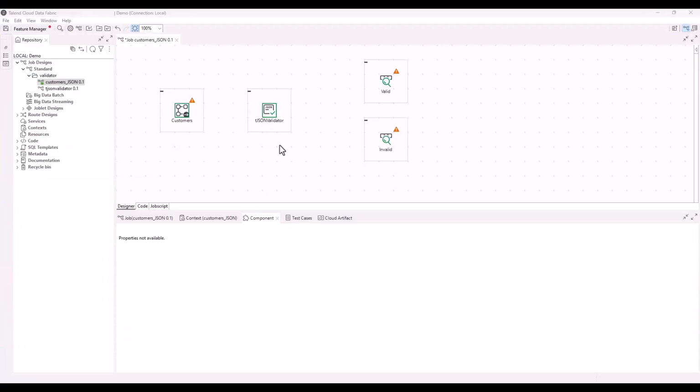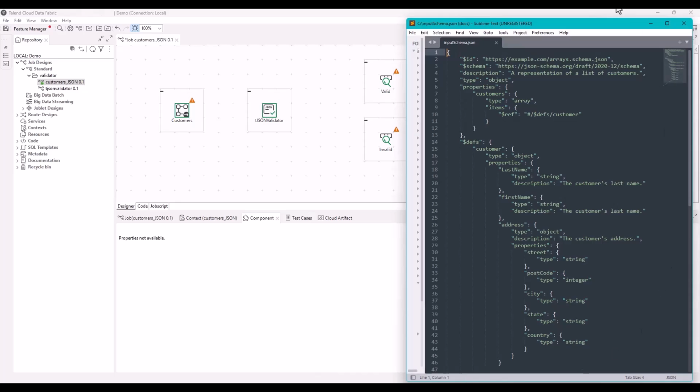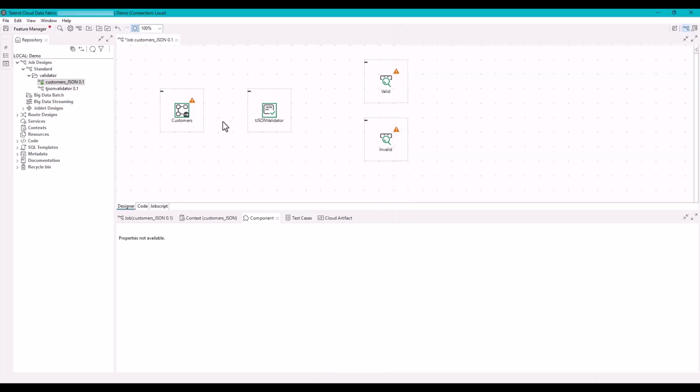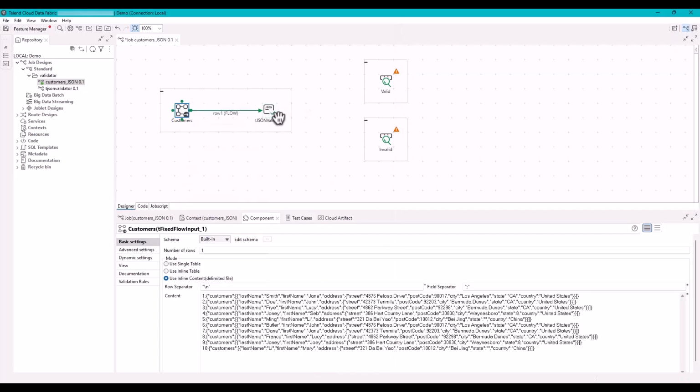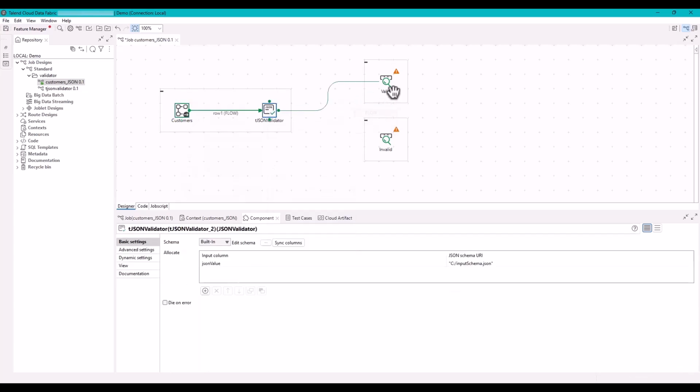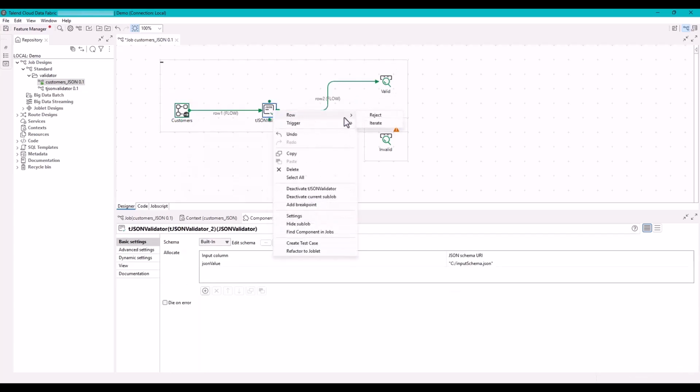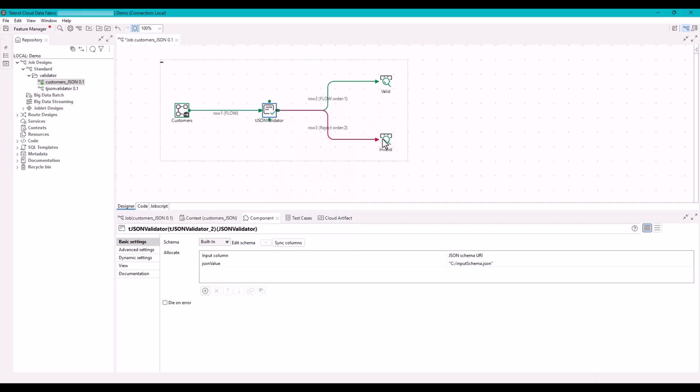The tJSONValidator component is now available in the standard framework. It validates JSON columns against a JSON schema. In this use case, we are using raw input data. The purpose is to validate the content of the JSON columns in each record and split it into two categories,